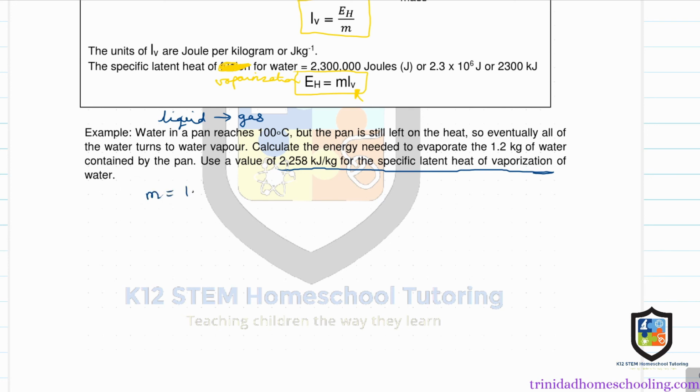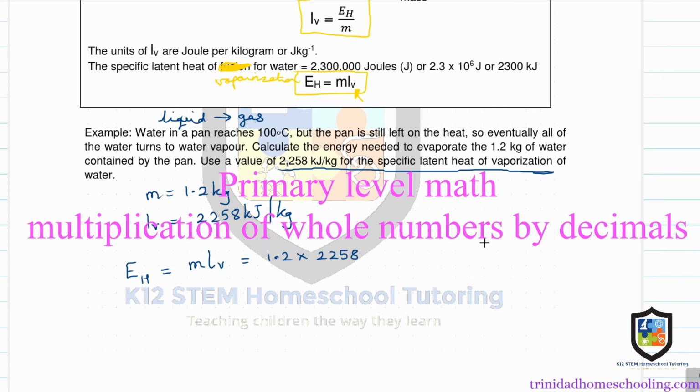They gave us a mass and they gave it in kilograms already. Now this is L subscript V for vaporization, okay? 2258 kilojoules per kilogram. And the same formula, we're going to use: heat energy is equal to mass times the specific latent heat, and in this case it's vaporization, not fusion. And 1.2 by 2258. When we multiply, so primary level multiplication here by decimals, we don't need a calculator, we multiply without the decimal place,